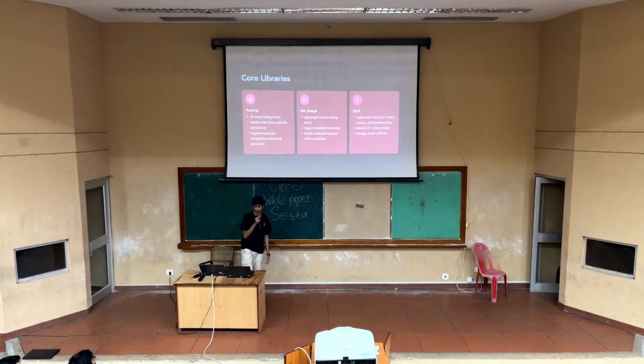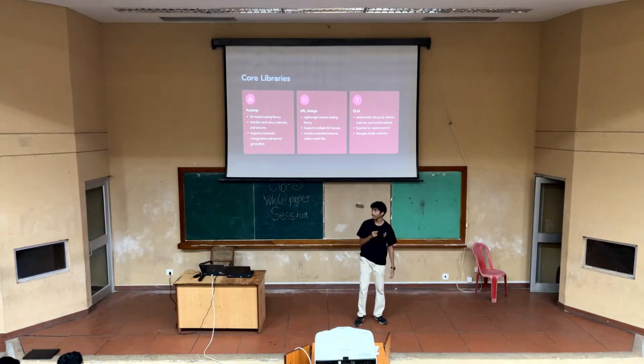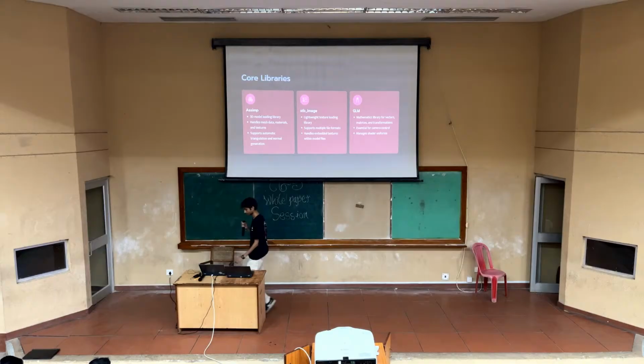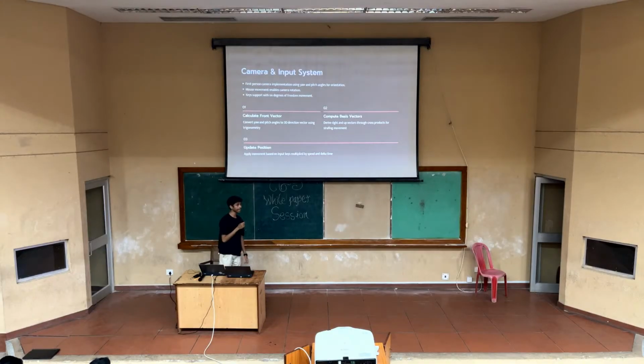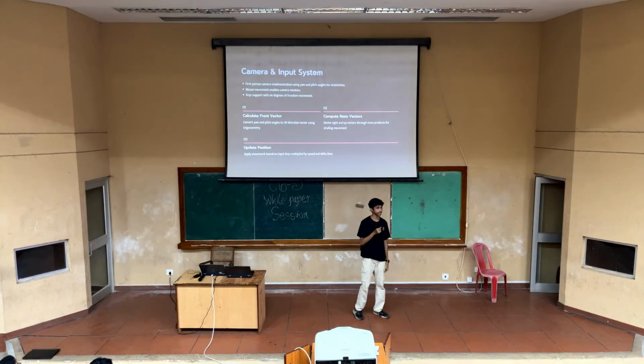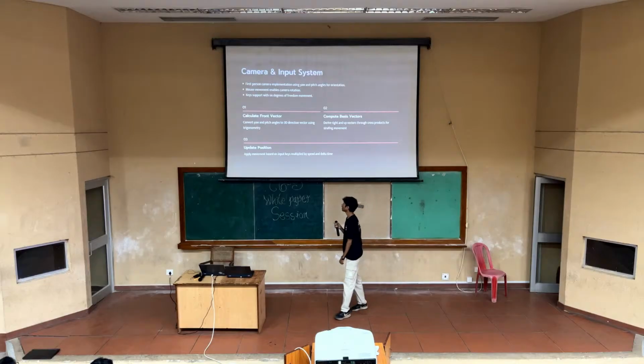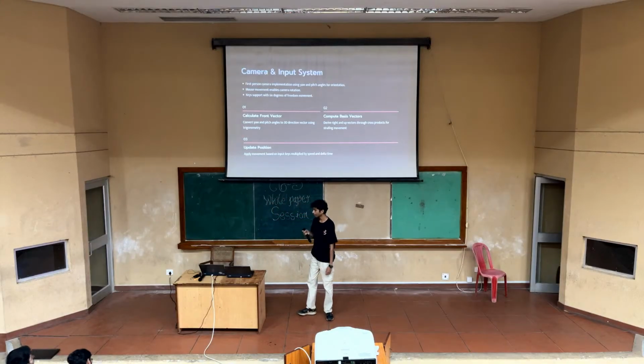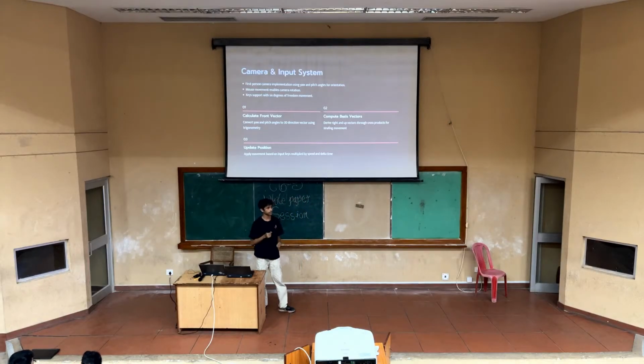The core libraries used in my project are Assimp for model loading, STB image for image loading, and GLM, as I said earlier, is the mathematical functions library. I have also added a camera and input system. The camera is a first-person view camera, with mouse movement for camera rotation and key inputs for 360-degree freedom of movement. So how does this camera movement work? Firstly, we calculate the angle and distance from your input data. Then from that we calculate